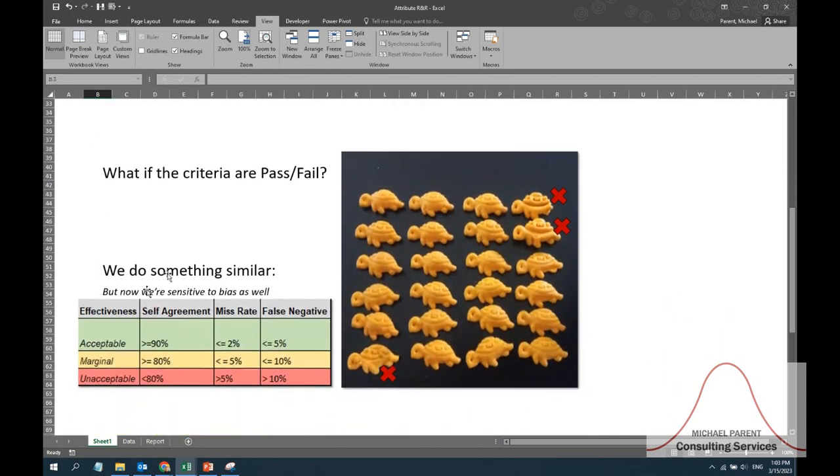So I have an example here. It's very similar to what we did in the gauge R&R, but rather than looking at the measurements of each of these things, we're looking at just the assessments. So in this case, let's say I am a cheese cracker connoisseur, and I have denoted that these three turtles, the ones with the X's on them, are not good. They do not meet my standards. This one does not have a good enough embossment of the cracker, and these two over here are over embossed. And for that reason, I've deemed them bad, and the remaining 21 cheese crackers good.